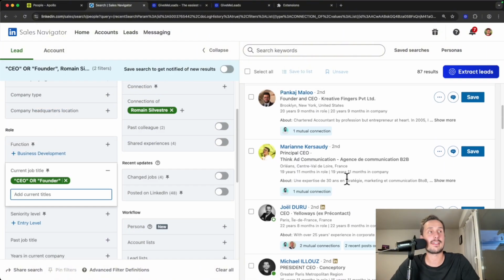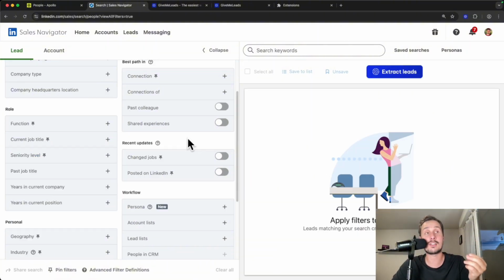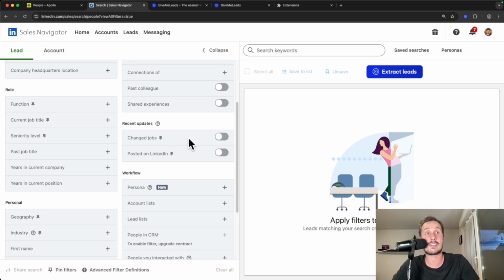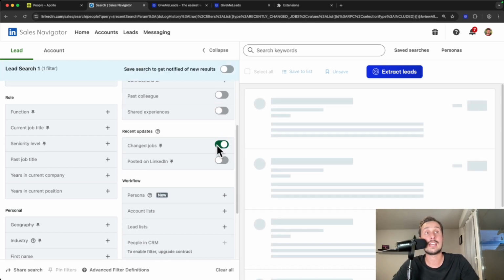And now you see that with these two filters, I'm able to target decision makers in the network of someone, which is very powerful. And finally, the last interesting intent data filter on LinkedIn Sales Navigator is this one, change